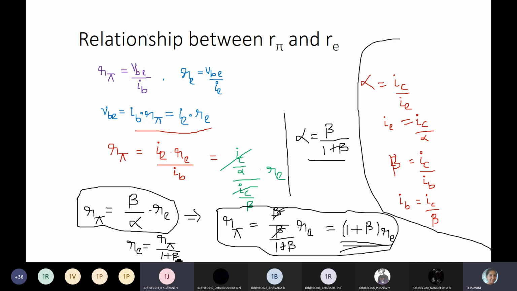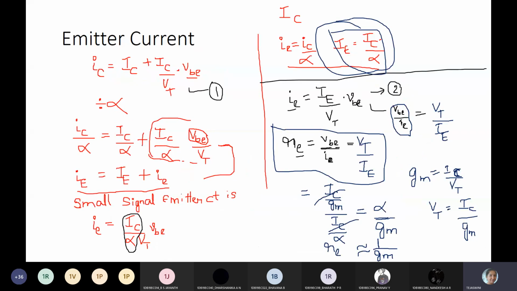That's all. Yes, ma'am. So if you want to derive base current, emitter current, you have to remember this formula. This is the initial step. If you remember this formula, to get beta you need to derive it, we have to divide by beta. If you want IB, you have to divide both sides by beta, then you will get IB. If you want to get emitter current, you need to divide it by alpha. That is the next step. Then you will remember all the things.